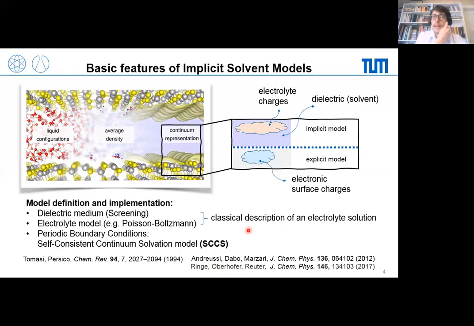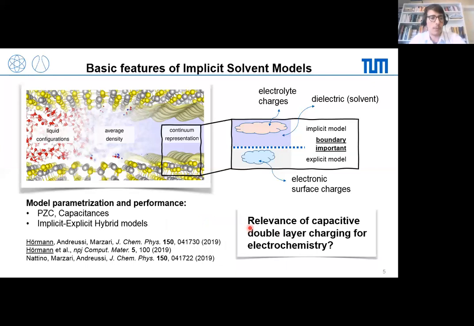So what I've been working on in my time with Nicolas Mazzari was mainly to look a bit better at the properties of these implicit models and how accurate they are in describing certain properties of the electrochemical interface. In particular, what we found is that the parametrization, or the parameters that define this boundary, are very important for the overall accuracy of this method. Changing those charge density thresholds that define this boundary strongly influences